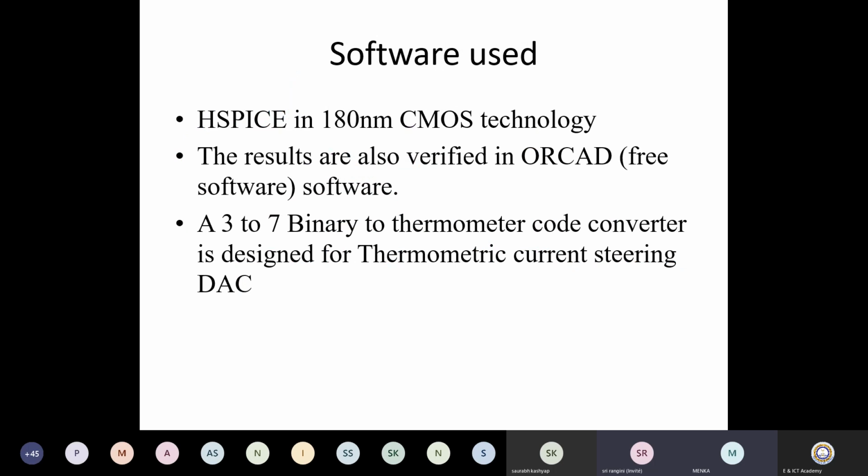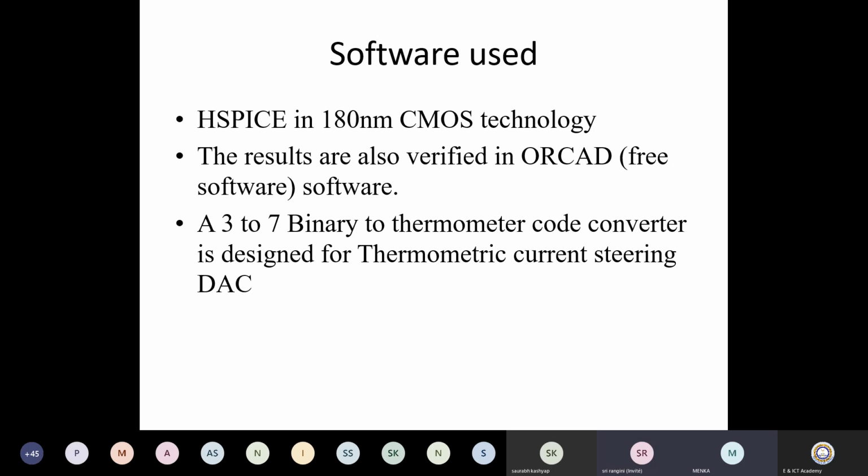Okay, so in this we have used HSpice software and we have used 180 nanometer CMOS technology. 180 nanometer node means the gate size, effective gate size is 180 nanometers. And why we have chosen this gate size? Because in India, lesser than this fabrication is not possible. So HCL Chandigarh is a fabrication lab, commercial fabrication lab, I must say, and that is going to provide us 180 nanometer CMOS technology. That's why we are choosing this particular technology node, so that if our design is good, that can be fabricated from there.